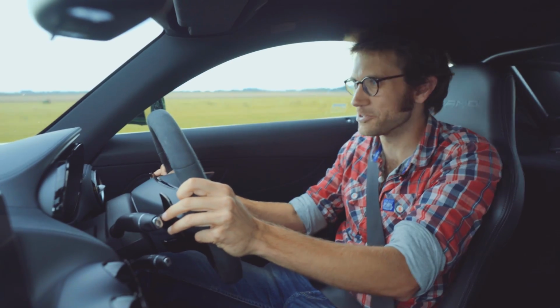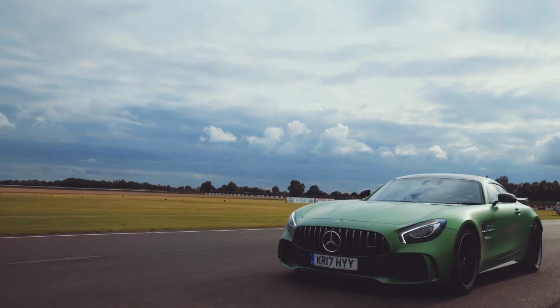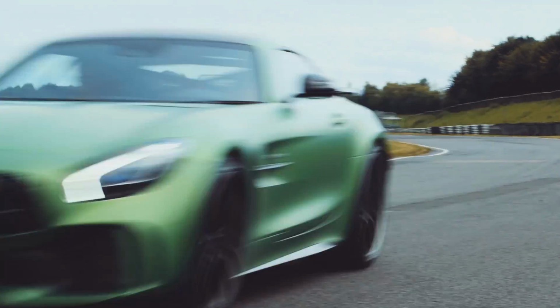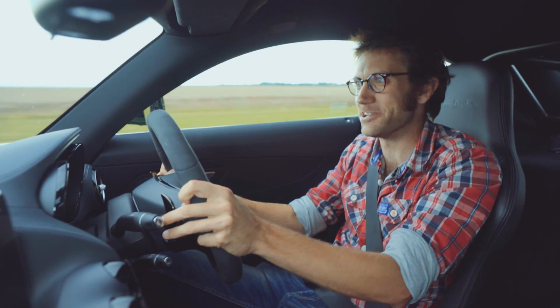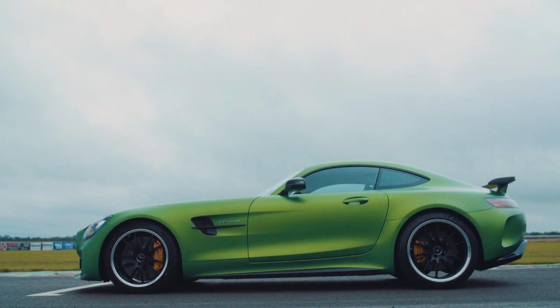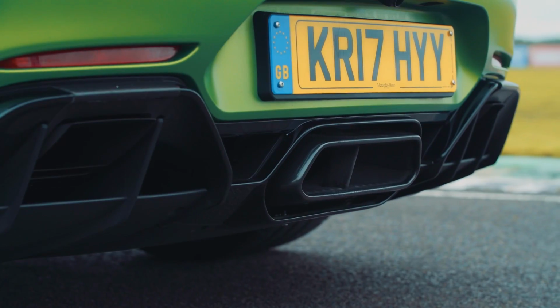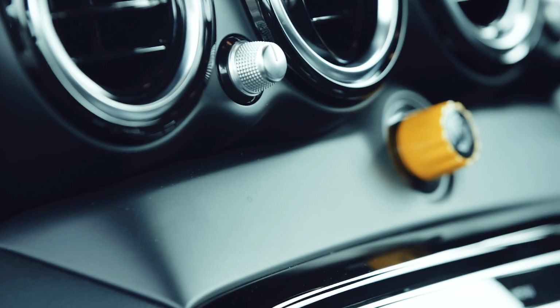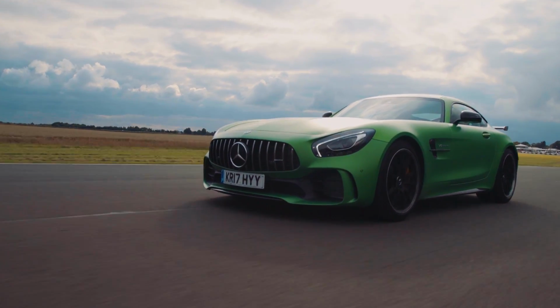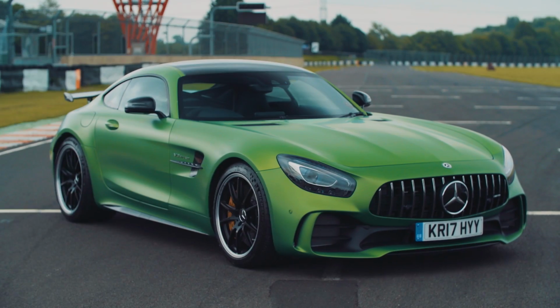Welcome to a car that I've wanted to do a video with for a very long time. This is the brutal, brilliant AMG GT R. The GTR currently sits at the top of the AMG tree. It houses all of the latest tech, including a titanium exhaust, rear-wheel steering and a 9-stage traction control system. Its roof and front wings are made from carbon fibre, and yes, it has a name that annoys some Nissan